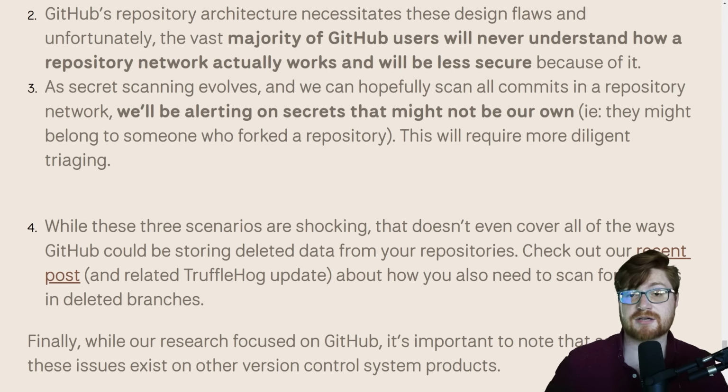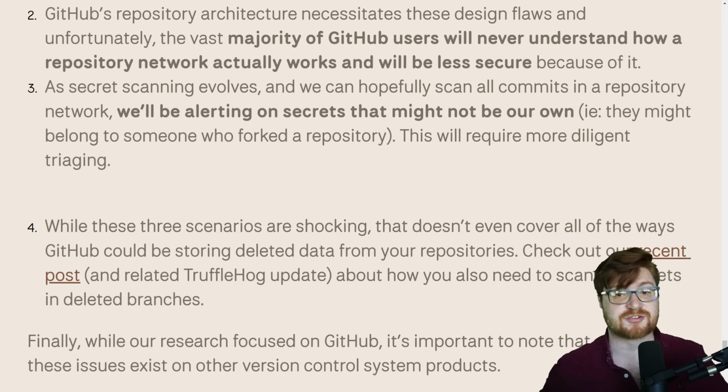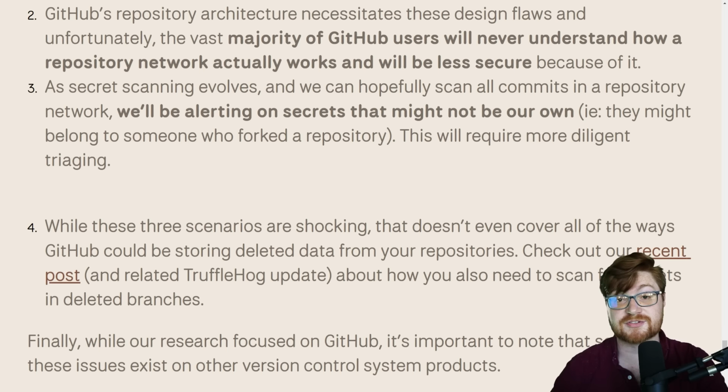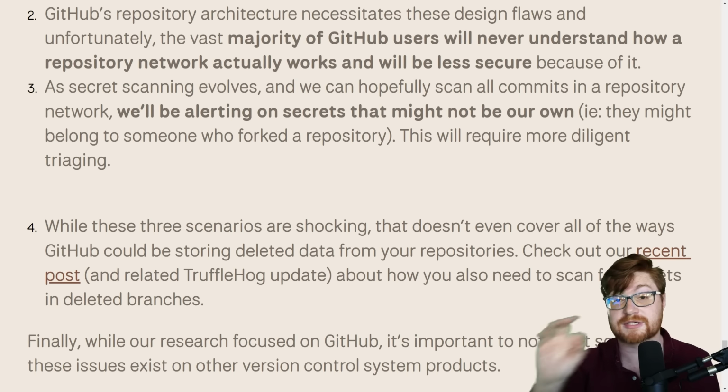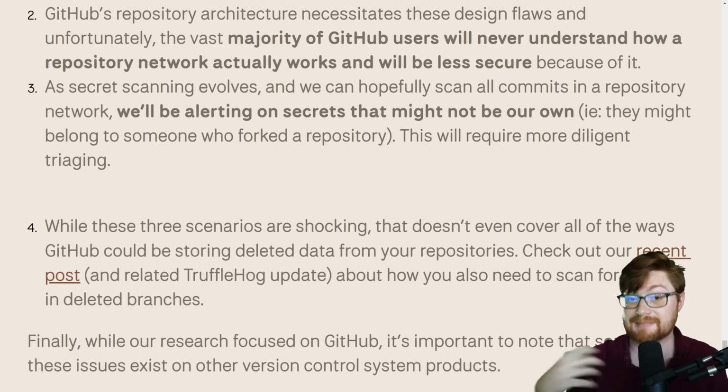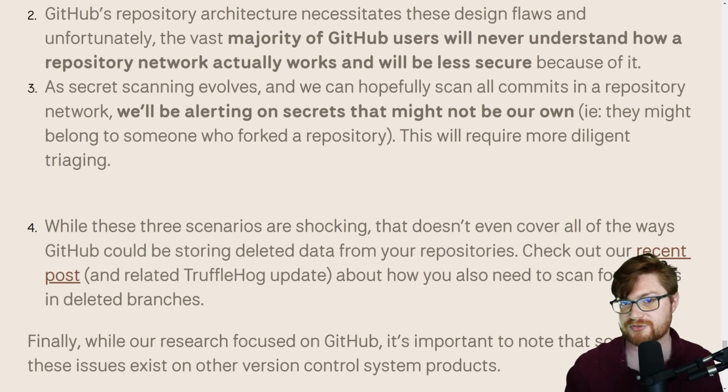But I'd like to get your hot take, because I know there were a lot of conversations that came from this when this article was out and about on the internet. Do you think this is valuable? Is this worthwhile? Is this an attack surface? Is this realistic? And that, okay, you need to know all the commit IDs, which there could very well be many of them, and if you're trying to brute force them, that might take an eternity, depending on what you got to do. Even the Truffle Hog tool that will work through this ends up saying outright, hey, it's still kind of slow. But it is theoretically possible.